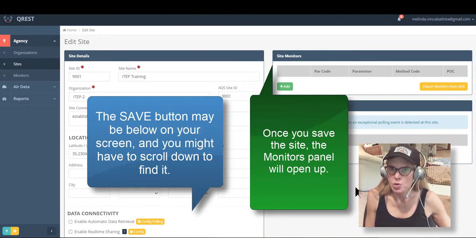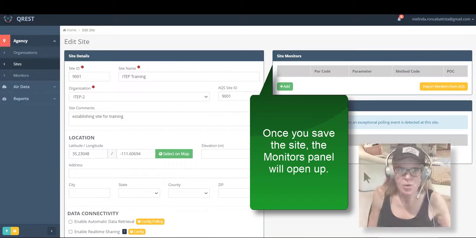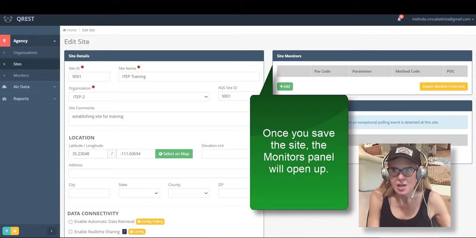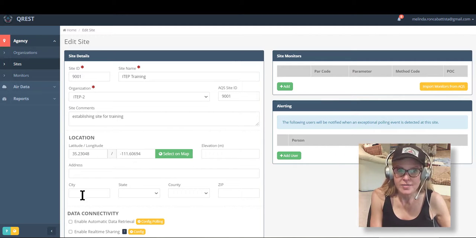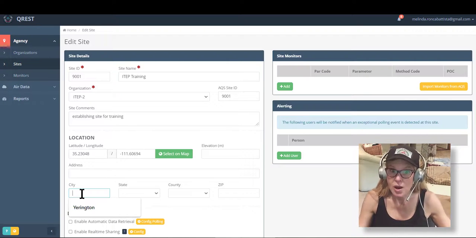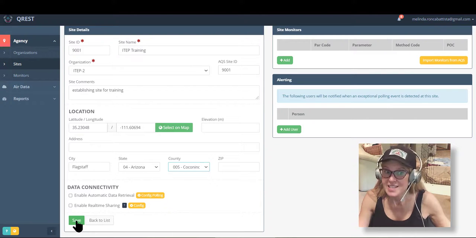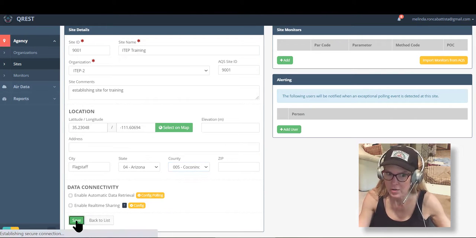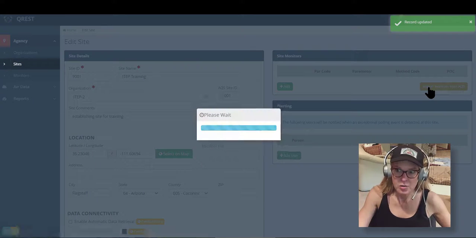Now, this whole new panel opens up for the monitors. Crest is saying, okay, now that you've got a site, what about the monitors at that site? So here you see this Import Monitors from AQS button. In order for that to work, I have to add the city and state and county and zip code. So I will do that. Coconino County. I'm going to say Save, and I have to sometimes scroll down to the Save button. And now when I click on Import Monitors from AQS,